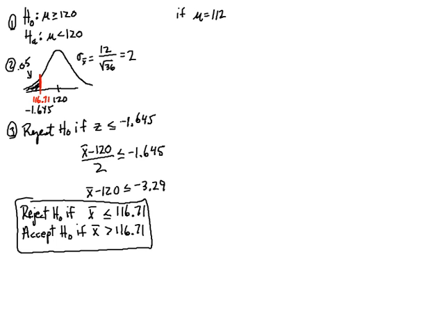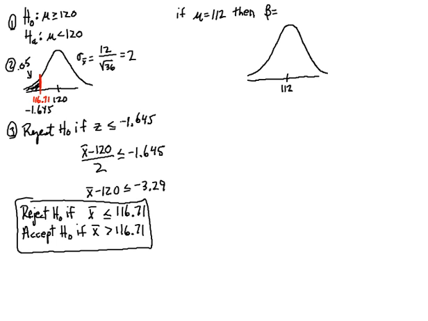So if mu is equal to 112, then what is beta? Beta is the probability of making a type 2 error. How can I calculate beta? Well, let's look at the decision statement. I'm going to accept the null hypothesis if the sample average is greater than 116.71. If the real population average is 112, in other words, the sampling distribution is really centered at 112, then